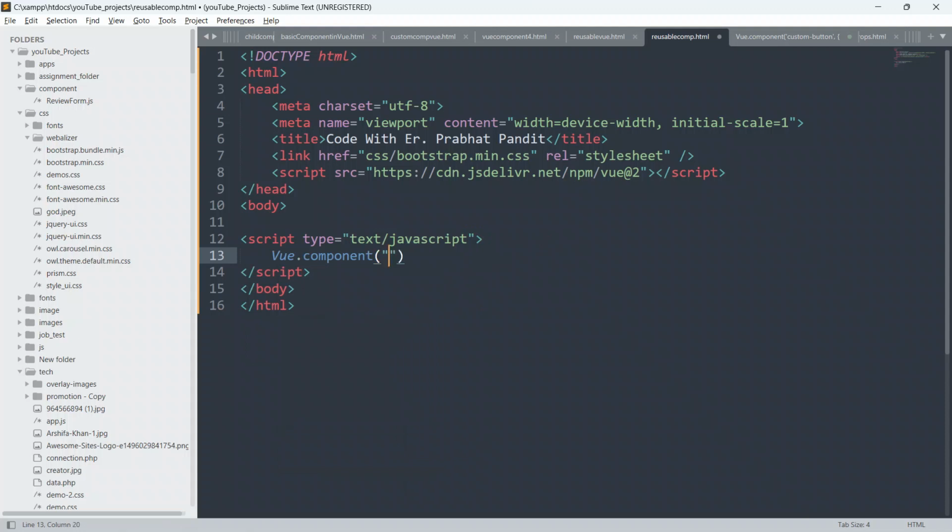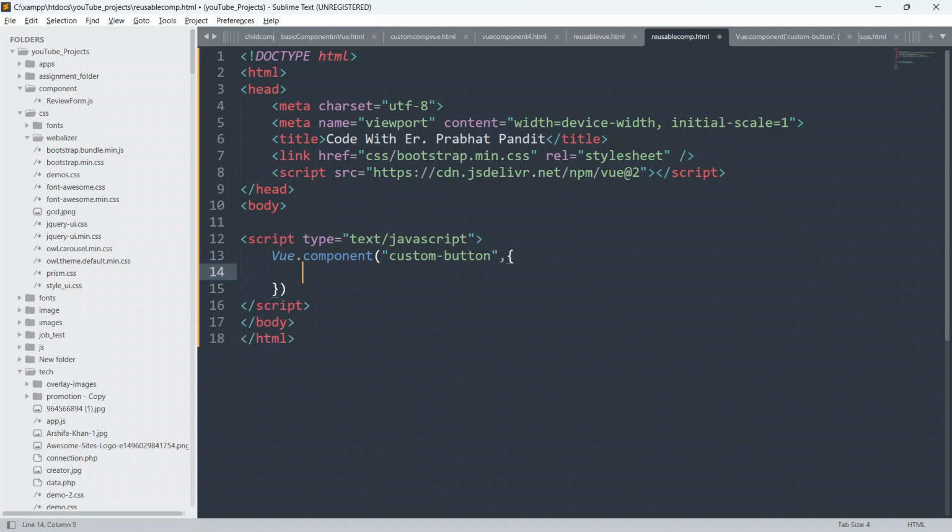Here we have to put double inverted commas, and inside this we have to define the name of the custom component as well. Here I am going to define the name as custom-button only. So now the custom component name is custom-button. Put a comma and put open and closing curly braces.